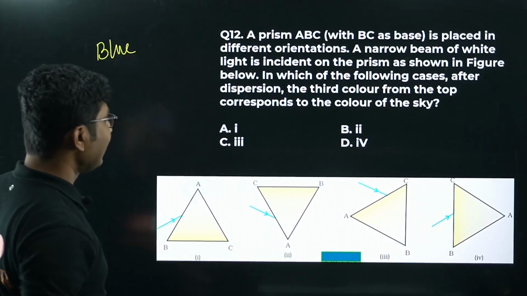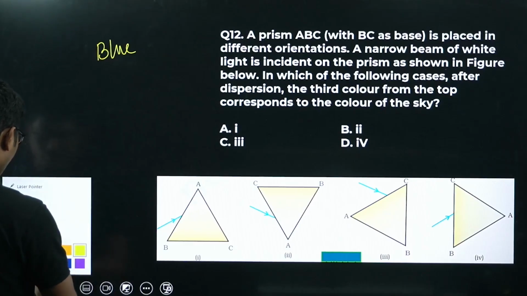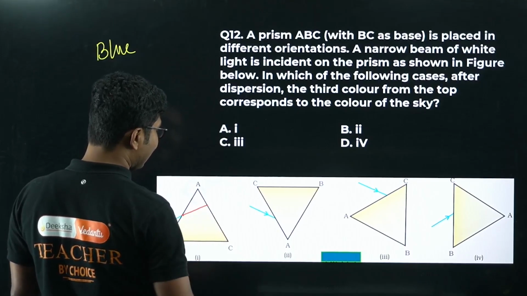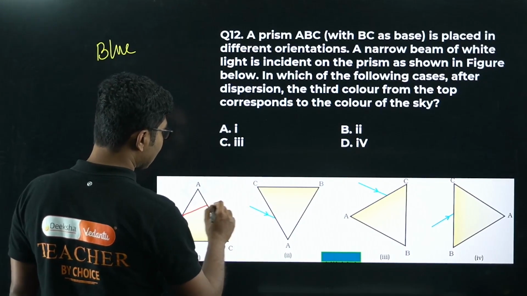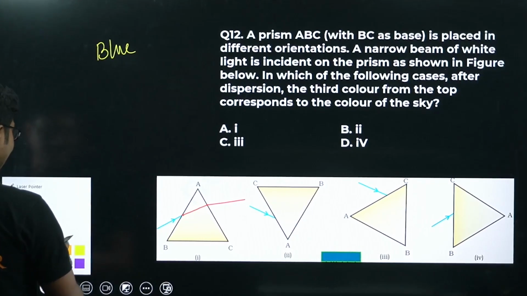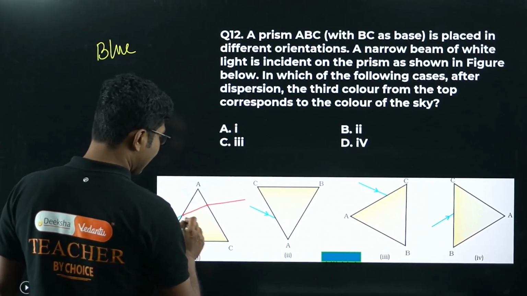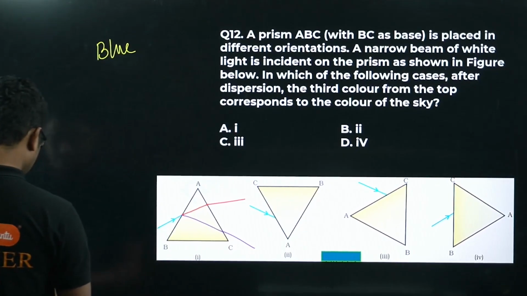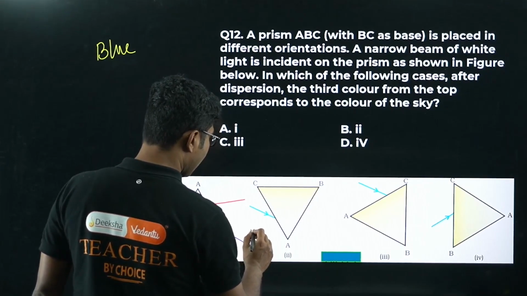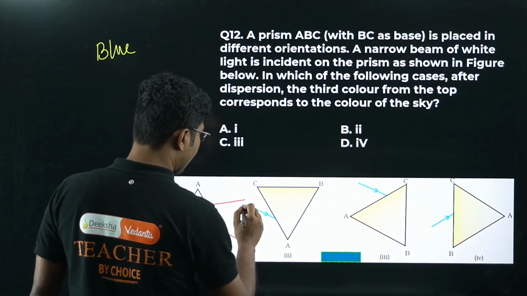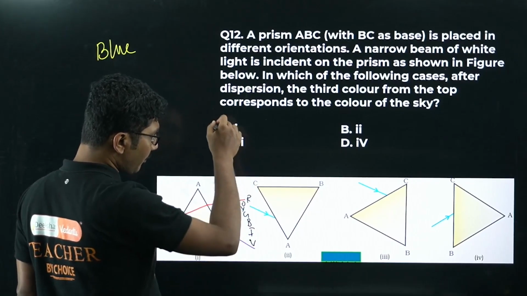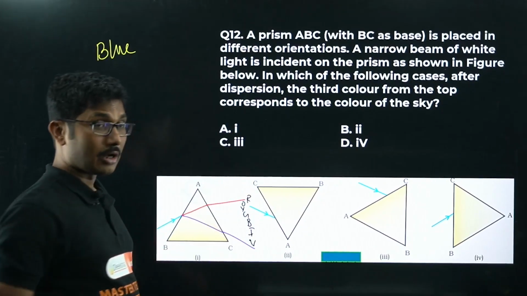Now what is the normal order? For this kind of incidence, we know that the red color refracts the least, scatters the least, so it will be the first color. Second will be orange, like that, and we will get the violet color at the end. So we will get the order V I B G Y O R. So this will be the order, right? From this case we will get blue at the fifth position,